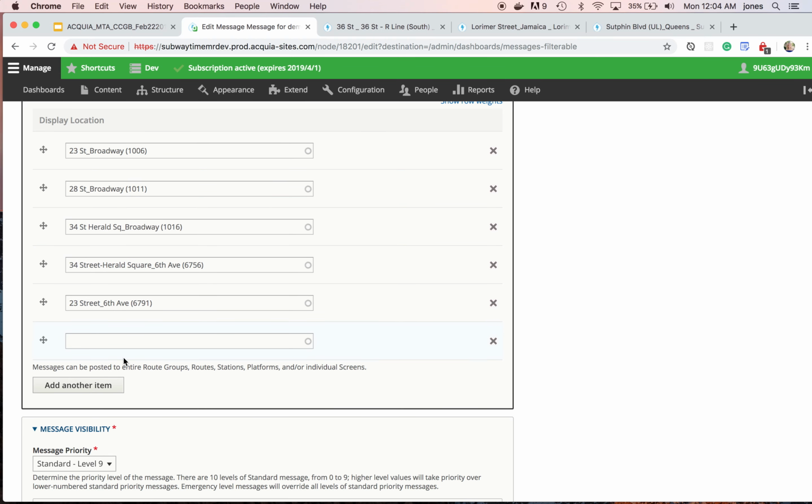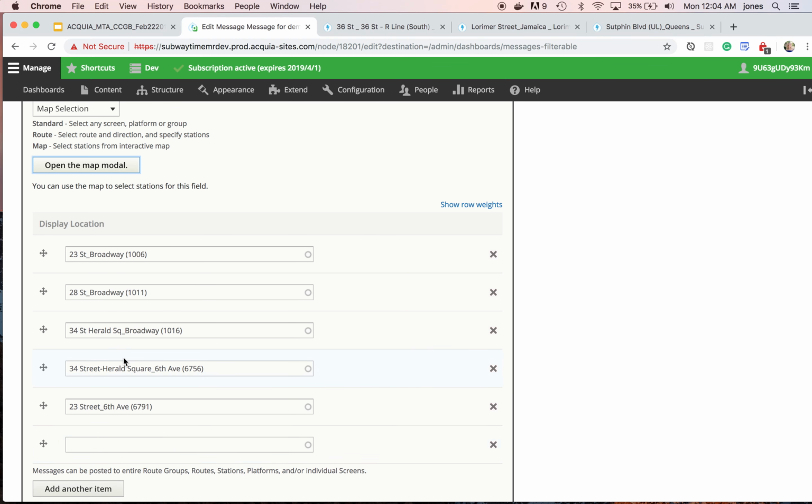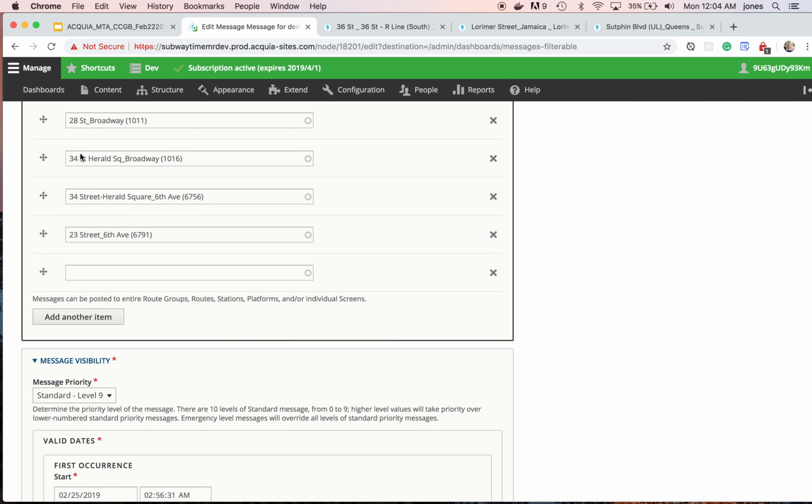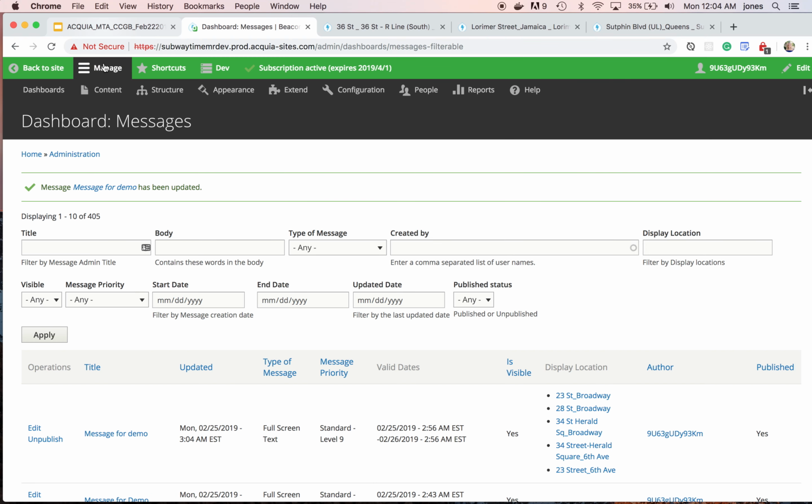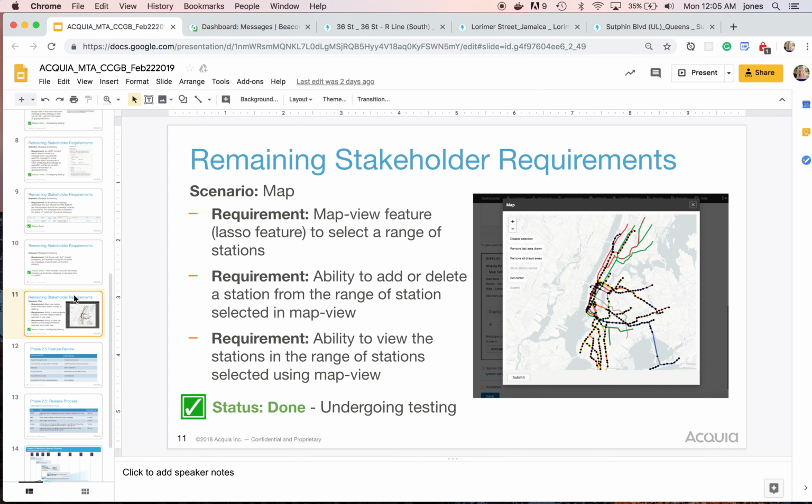You can see that once we've added more stations, they're now showing up in our form. We'll save that. The message for demo has been updated. And that should cover all of our stakeholder requirements for the map and any of the other ones that we've gone over